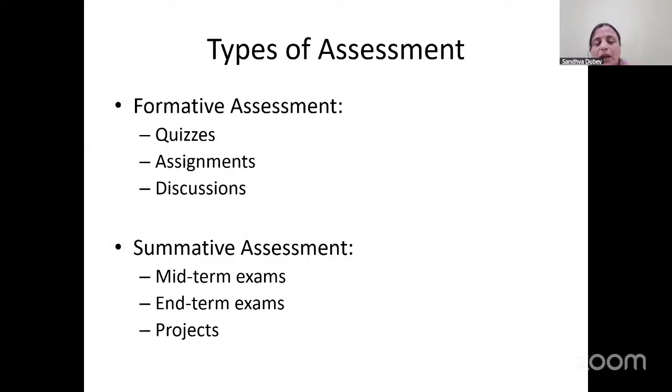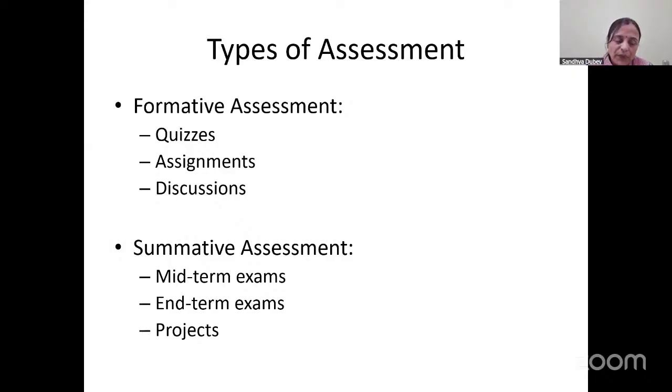If you are conducting many assessments, later the score can be scaled down. You can scale down the score to whatever internal marks you are assigning to the student. The best benefit of formative assessment is you need not wait till the last to see the student performance. If a student is not able to follow, you will come to know initially where you are going wrong and how we can modify our teaching pattern, our notes or the module, such that